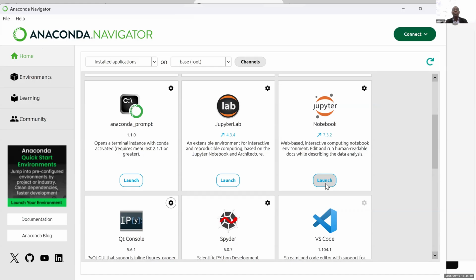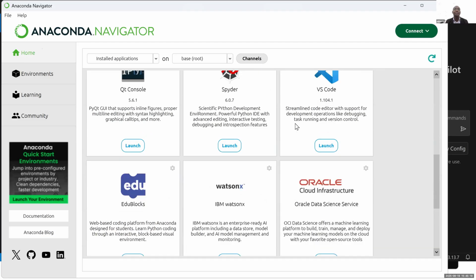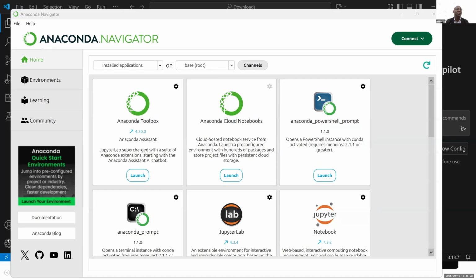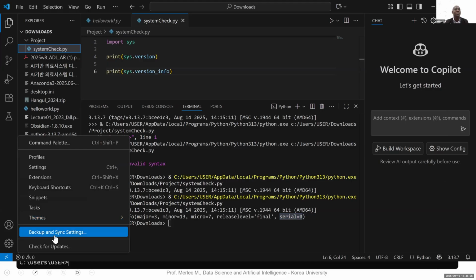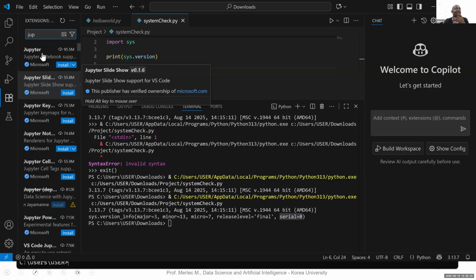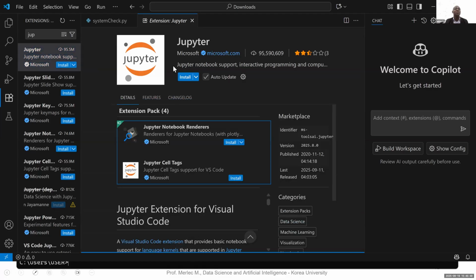This Jupyter Notebook has to run in the browser. If it doesn't work from the browser, you can also add the extension. I will fix that later. You can also add the extension from here, for you to run notebook files. So let me take an alternative. I just go here in the extension Jupyter. Yeah, I can add an extension like this. If I add the extension, I can use the Jupyter notebook in my